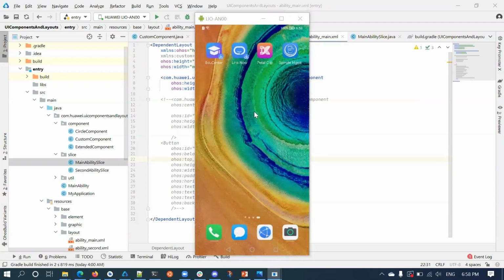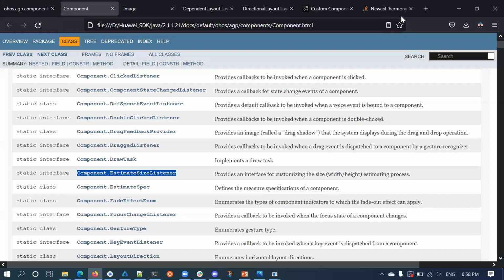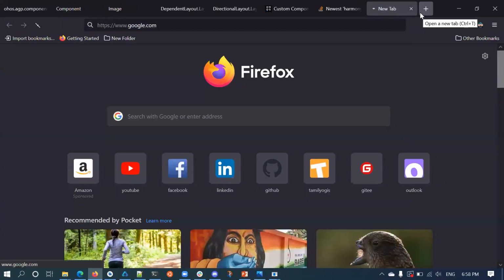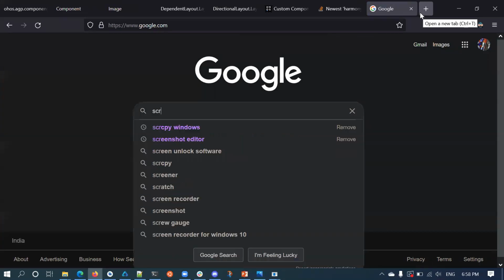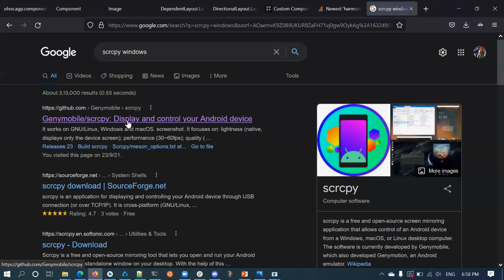Which one did you install, sir? Actually, if you have a Harmony OS device, since we are from Huawei, we have Harmony OS devices. Currently, it is not there, so you have to use the emulator only. Later, in future, if you have a Harmony OS device with you, there is a tool called screen copy. You can go to GitHub, they have hosted the source code.